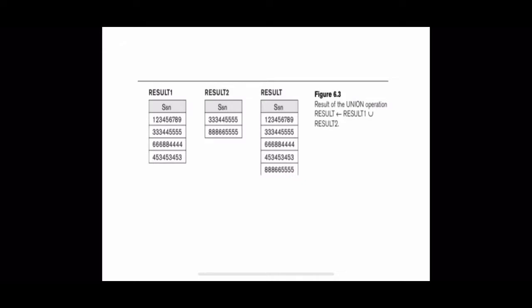And while performing these types of operations, one condition is that these different relations should be union compatible, or type compatible. Type compatible in the sense that two relations can be said to be in type compatible mode if both have the same degree, that is the same number of attributes, and the corresponding attributes of these relations should have the same domain. Say for example Ai is the attribute for the first relation and Bi the corresponding attribute for the second relation. Both should have the same domain. Then only we can perform operations like union and all.